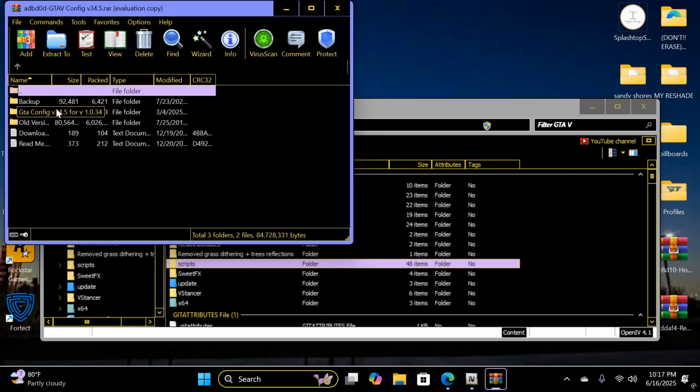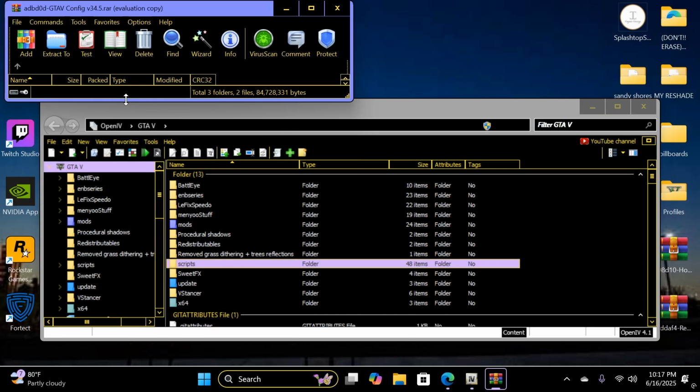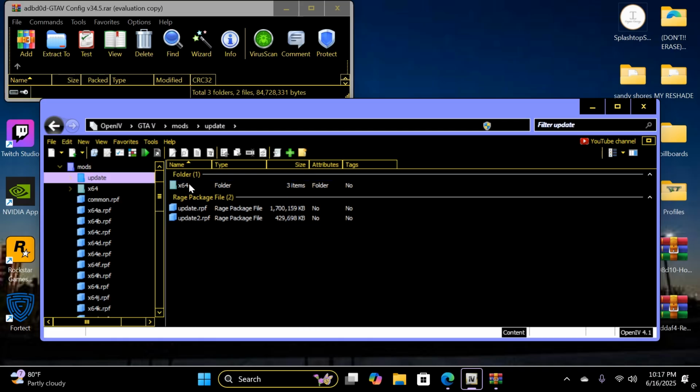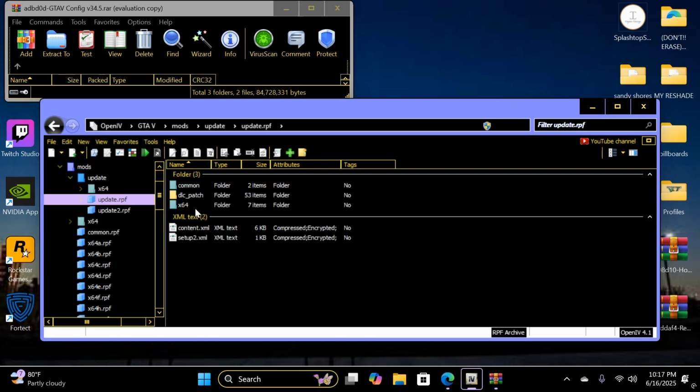But this is mine. I got 3, 4, 5, right? So let's shrink this down and show you something. You always double click mods. If you don't have all that update stuff you did right here inside the file folder, this is what this is. Everything in this folder is right here in the mods folder. You're going to double click on mods, double click on update. You're going to double click on update RPF. See right here? Here's the location right here. RPF. You're going to hit common